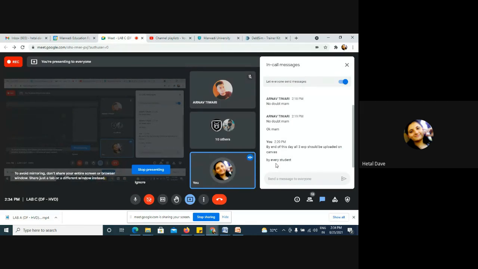And prepare your lab experiment 4 also as soon as possible. Once it is completed, today experiment 4 will be completed, so you need to upload it. Any other students who still didn't upload? Because the Canvas deadline is set. Once the deadline is over, you will not be able to submit your work. So it is better to be punctual, okay?